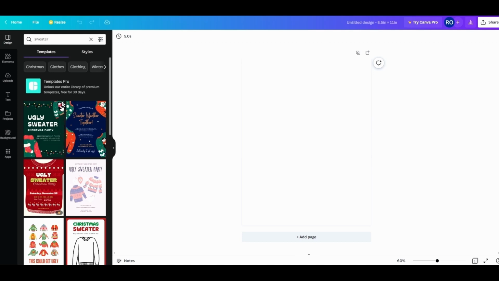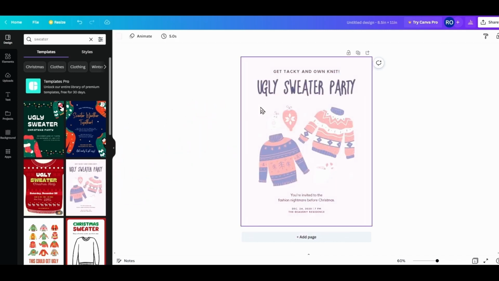Again, I'm going to pick one that I like just based on the looks of it. I'm holding my left mouse button down and I'm dragging the template onto the canvas. And you already have a running start on a professional looking template. The graphics are already done with attractive font settings. What you want to do now is alter this template to match the event you're creating it for.